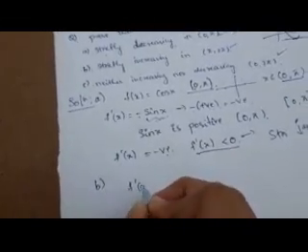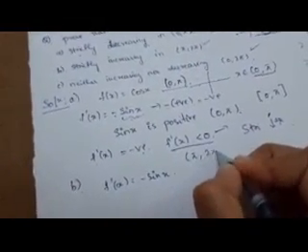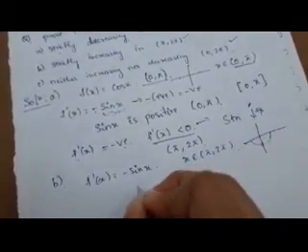Similarly, for the second function, f dash of x remains as it is. F dash x is minus sin x, only the interval is changing here. From where to where have they considered? The open interval pi to 2 pi. When we are talking about pi to 2 pi, the third and fourth quadrants come. From pi to 2 pi, for any x belonging to pi to 2 pi, what happens? Sin x is negative.